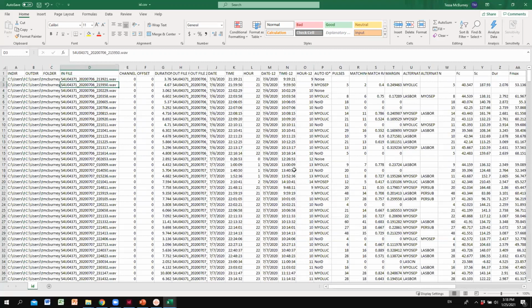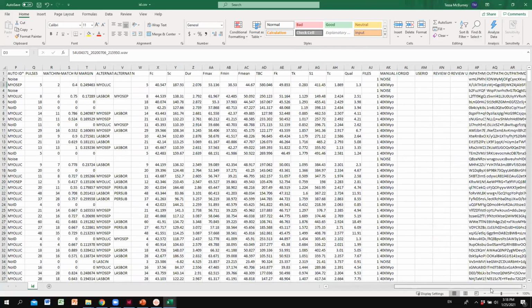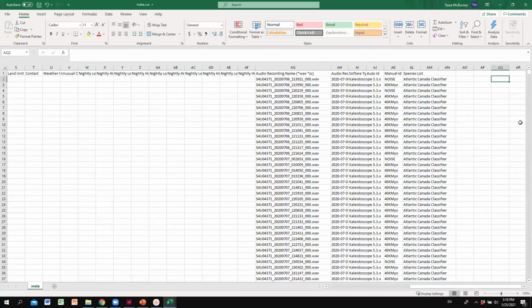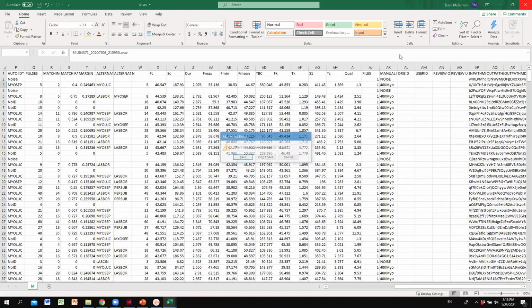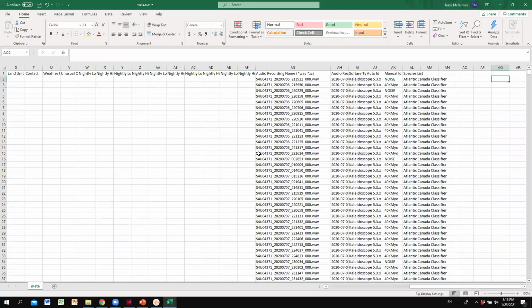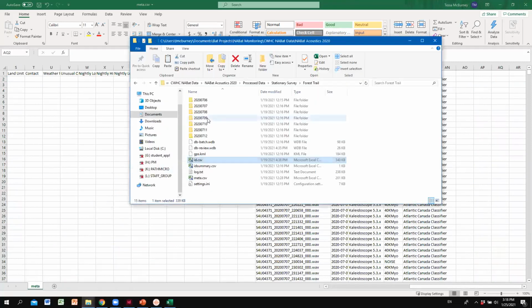So then you'd be able to copy and paste data from your manual ID column here if a manual ID is missing, and you can paste it into the meta.csv column here. Okay, so that's if you have the purchased version of software. I'm just going to close this. If you have the free version of software and this manual ID is missing, unfortunately, you would have to open